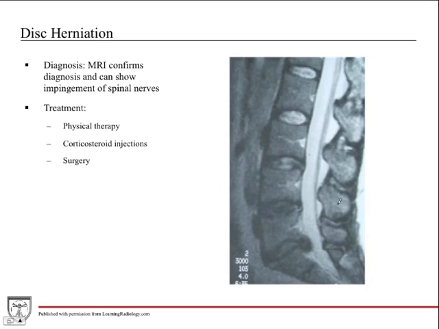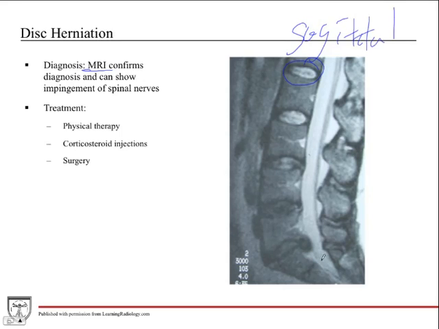All right, just to close this out, we'll talk about diagnosis and treatment. This is for any disc herniation, whether it's cervical, lumbar, doesn't matter. Major thing is MRI. Sure, often they'll have done an X-ray, CT scan. That gives you a good look at the bones, but the MRI is going to give you a good look at two things: the discs, and then the spinal cord and the spinal nerves. Okay, and this is a sagittal view